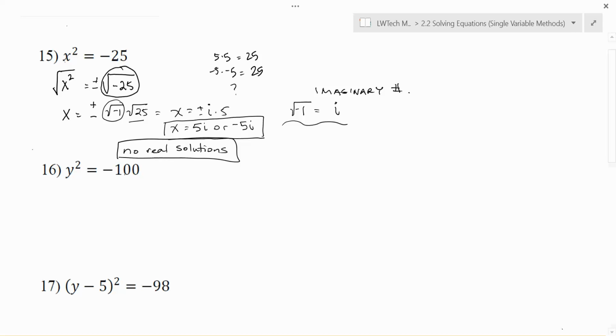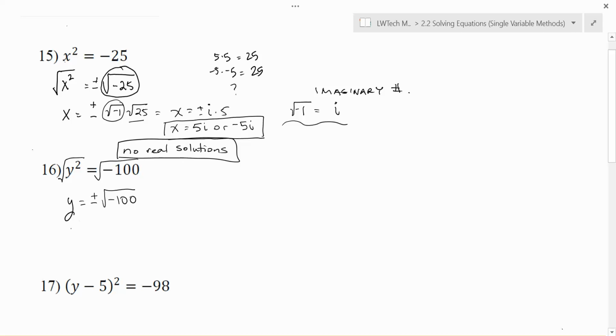With that in mind, let's try a problem here like number 16. We want to get the y by itself. It's being squared, so we're going to take the square root of both sides. On the left, the square and the square root undo each other and leave me just with y. On the right, I introduce the square root, so I have two possible answers of the square root of negative